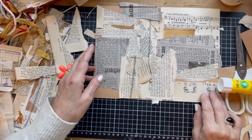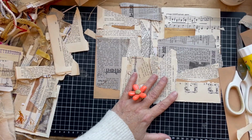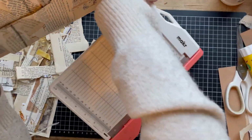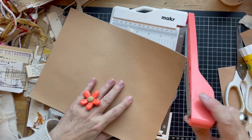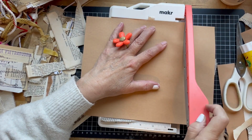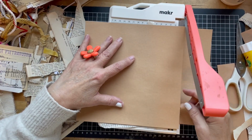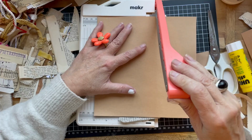Okay, now we're going to play the favourite magic game. You've probably seen me do this before, but you never tire, well, I never tire of it, so I'm going to share it with you. You just think of the width of maybe a pocket, depends what size journal you're making,